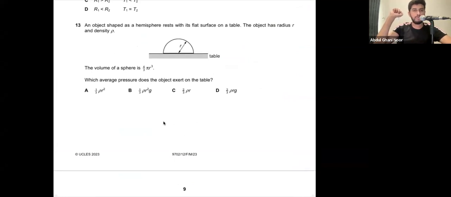Question number 13 says an object shaped as a hemisphere rests with its flat surface on a table. The object has a radius r and density rho. The volume of sphere is 4 upon 3 pi r cube. What is the average pressure the object exerts on the table? Average pressure. देखिए जी, प्रेशर का फॉर्मूला होता है फोर्स अपॉन एरिया। फोर्स के लिए मैं ले लूंगा इसका वेट अपॉन एरिया। वेट की जगह मैं लिख सकता हूं mg अपॉन एरिया।